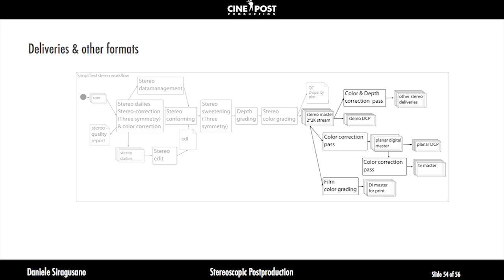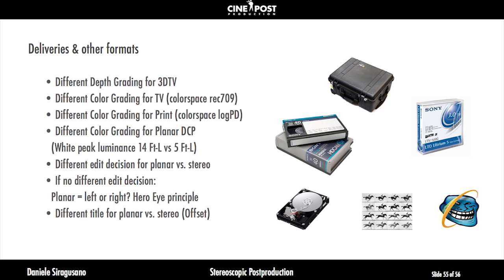But then you also have to think about other things. One example is title. If you want to have a title in front of the screen, it is more to the right in the left view and more to the left in the right view. But if you're doing a 2D version and you're just using the left eye, you get titles that are a little bit off of the middle or off their 3D position. So you have to think about this, and there are a lot of other things to consider. And there you have to talk in detail because every project is different. There's one project that has so many different subtitles. The other has so many different edits for versions, and so there you have to discuss with your service provider